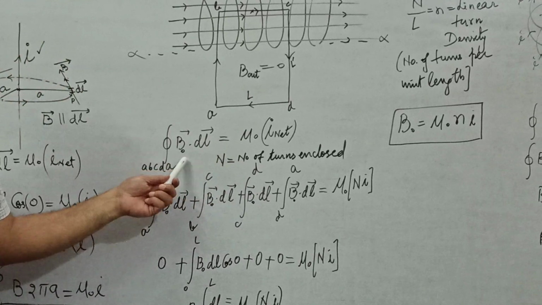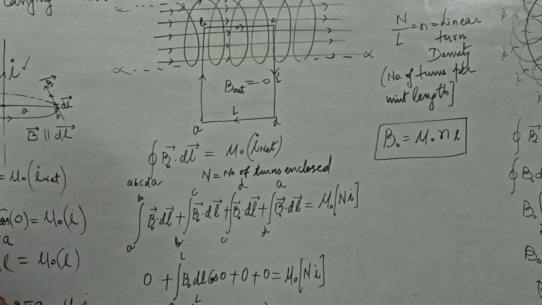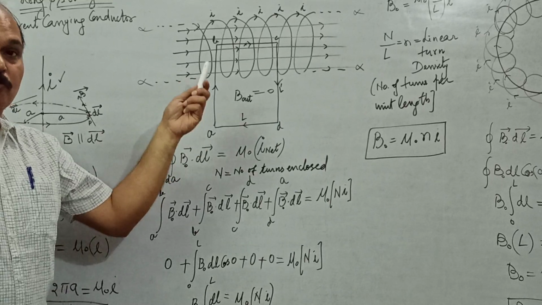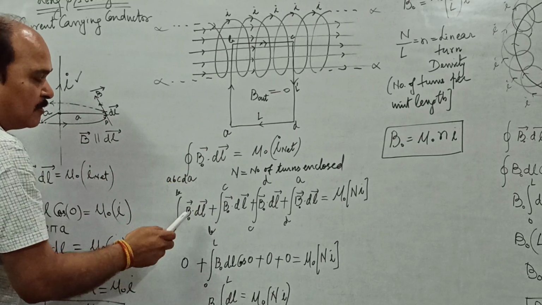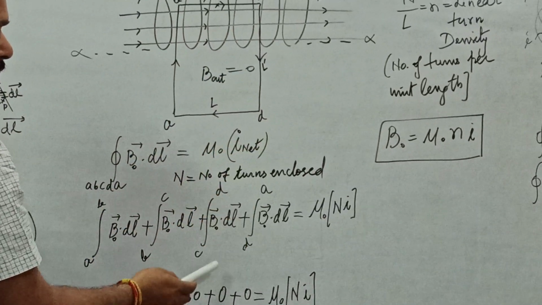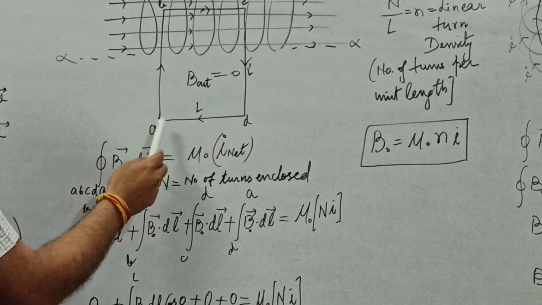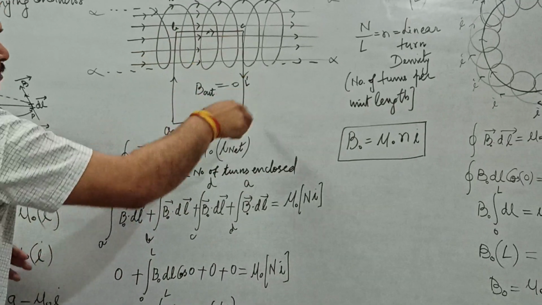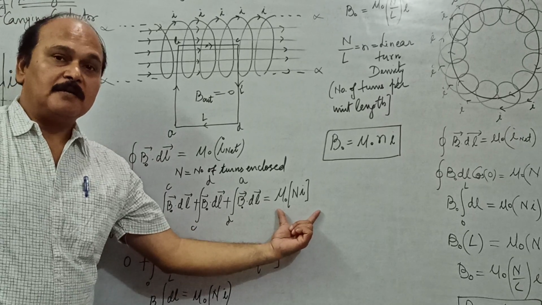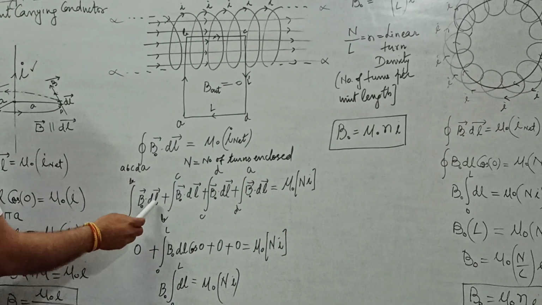Now, we wish to integrate B dot dl all along this closed path, and this closed path is not a continuous path. So we break the limit of integration along these 4 different paths which make up the closed path. We find the integration of B dot dl along A to B, then from B to C. Thereafter, we find the integration from C to D, and finally from D to A. So we find the integration along all 4 paths separately, and that is equal to mu naught times the net current. Net current is NI, where N is the number of turns enclosed and I is the current passing through a turn. Now, integration of B dot dl is 0.